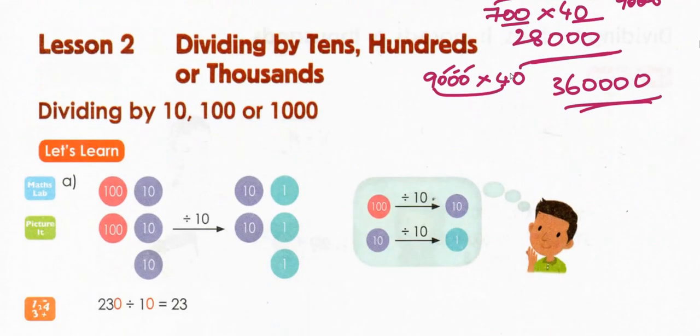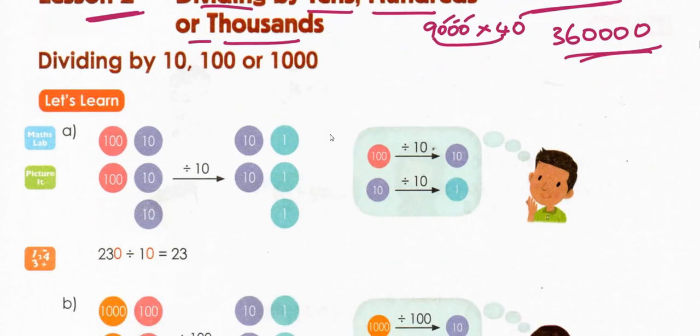What all we left here. Then coming to the next lesson. Lesson number 2: Dividing by tens, hundreds or thousands. Same thing you are going to do. Let's see this. See here, 230 is divided by 10. You just write it down as a fraction and do it, because from now onwards you practice division in the form of the fraction method. Write down the values in fraction form for division. It is very important. By 10, this 0 gets cancelled.